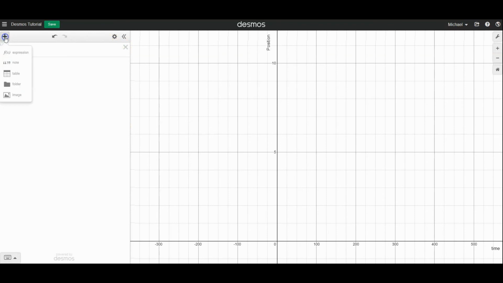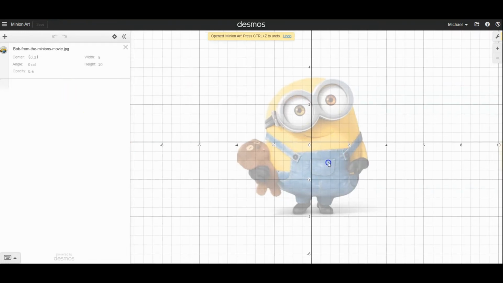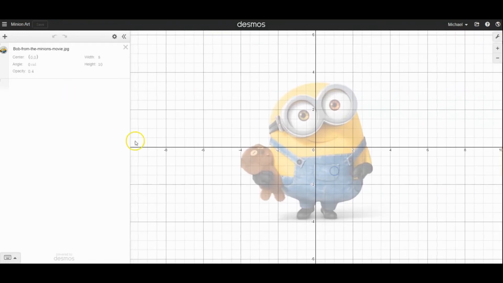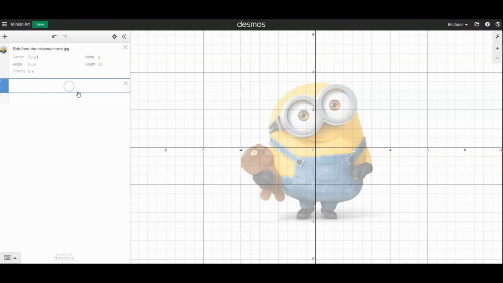But another thing you can do is add an image. And then you have your minion there. And you can change the opacity and make it slightly transparent, so that when you draw your lines or your curves or whatever it is you want to do,